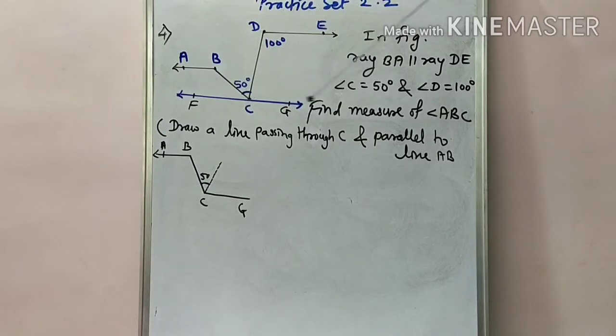So here we draw that line and we take two points F and G on the line. Okay, so I redraw the same figure here to understand better. Here is the angle ABC which we have to find. And we draw the line FG which is parallel to AB, meaning AB is parallel to CG, and as BC is a transversal, here we have two angles which are what? Alternate interior angles, angle ABC and angle BCG.